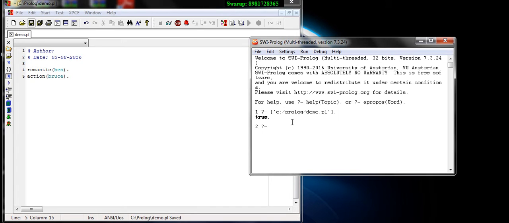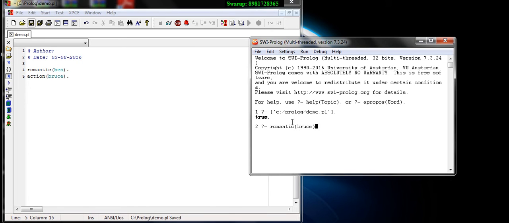Now we go for another feature that is called a query. Query means you put a question to Prolog to check whether the thing which you are querying is available in its knowledge database or not. So I will go for my fact, that is I want to know whether Bruce is a romantic actor or not, and so I go for the first fact, that is romantic(bruce), which is actually not true.